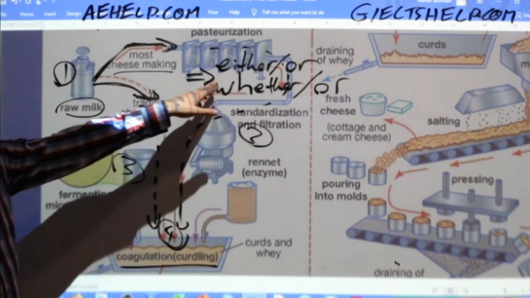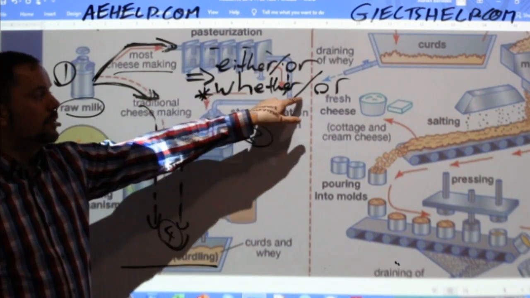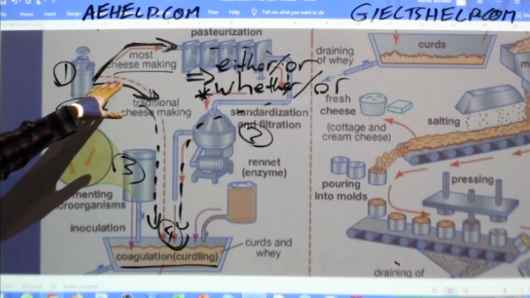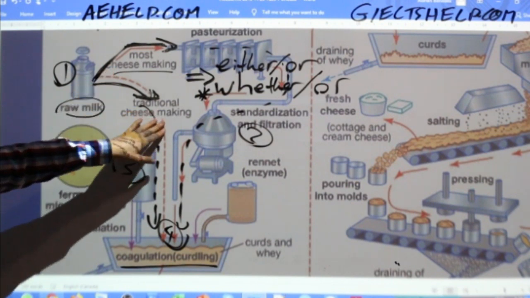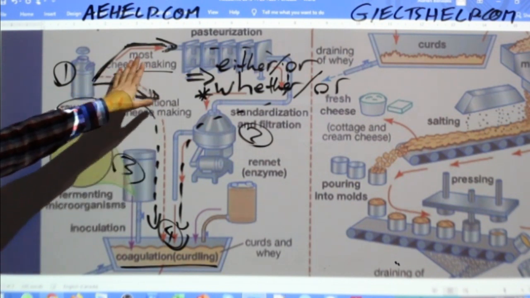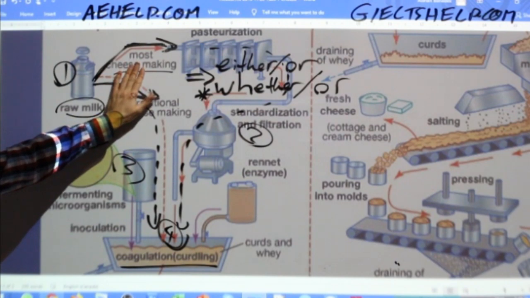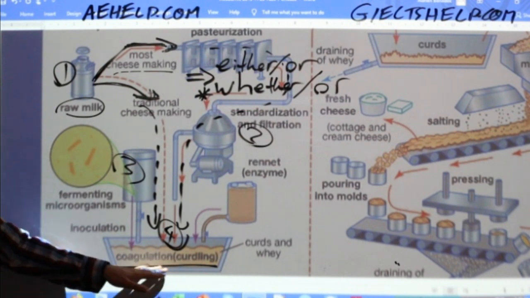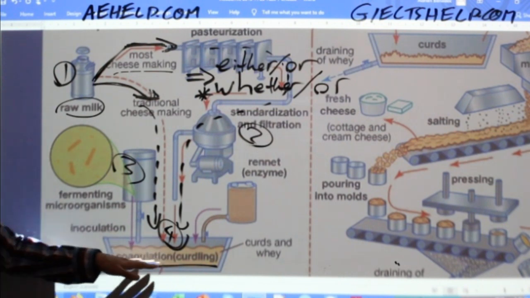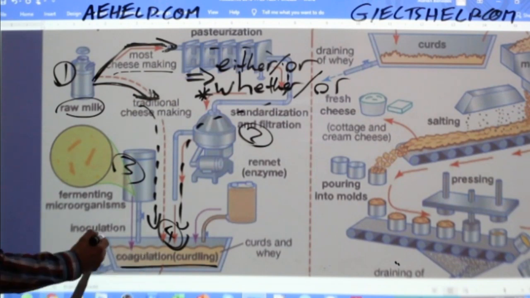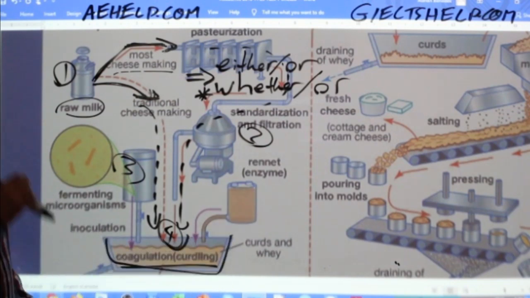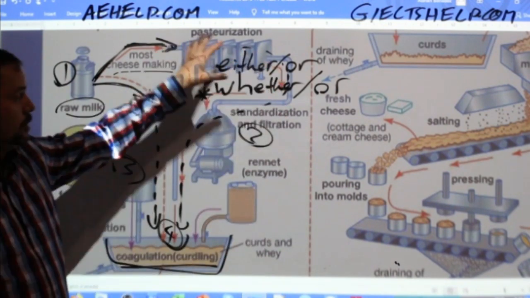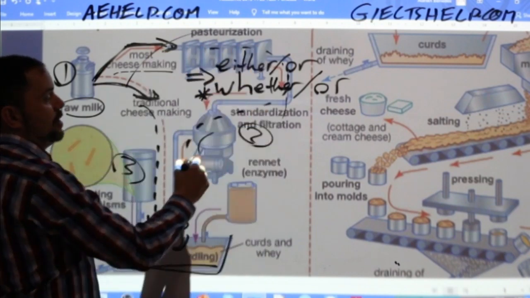So sometimes if either or seems difficult, whether or might be the easier conjunction. So whether cheese is made in the traditional method or, as most cheese today, it is eventually processed in coagulation. Okay, and this is a tub or a bath. All right. So whether or, either or, both of those would work well to express this first part of the